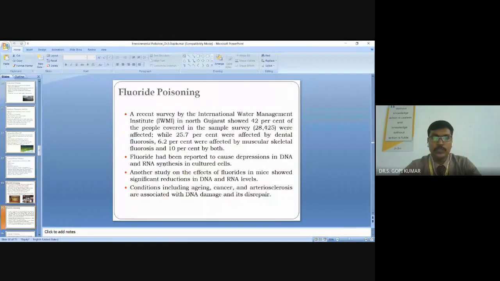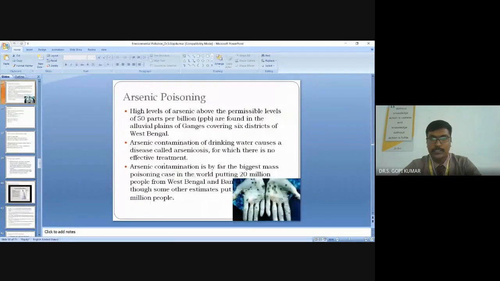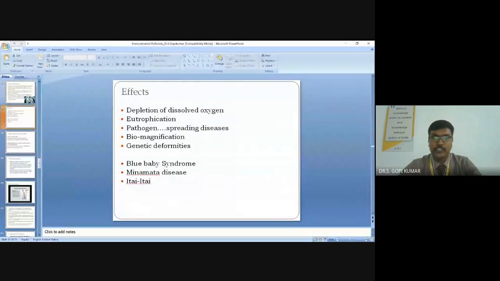And now, arsenic poisoning. Even in Dharmapuri, the same problem occurs, and some examples of arsenic poisoning have been seen in and around the West Bengal zones. Okay. And their respective effects were depletion of dissolved oxygen, where this fluoride and arsenic content, when mixed